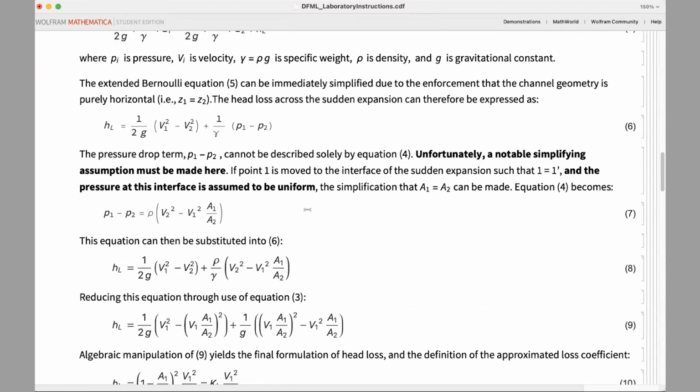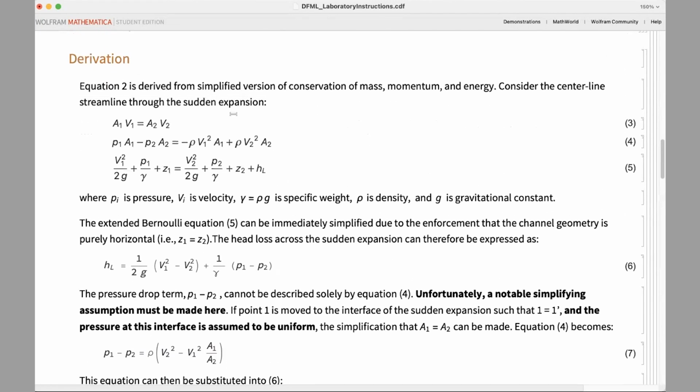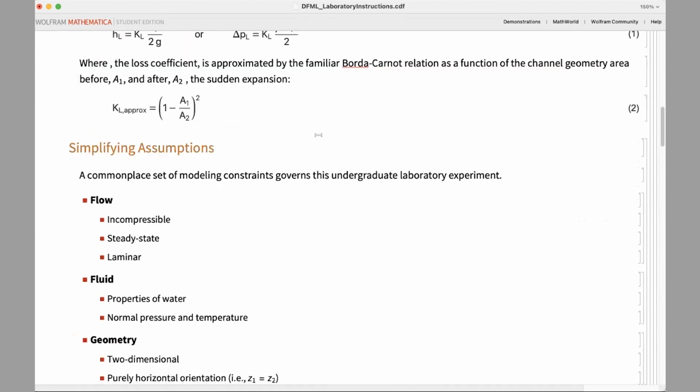When we look at all of our governing equations, we get this result right here where we're looking at our pressure drop, and we don't know, like I said earlier, the velocity before and after the sudden expansion. That's why that nice analytical model only has our aspect ratio areas in it. And in order to get rid of this velocity difference, using these three equations up here, we look back at this